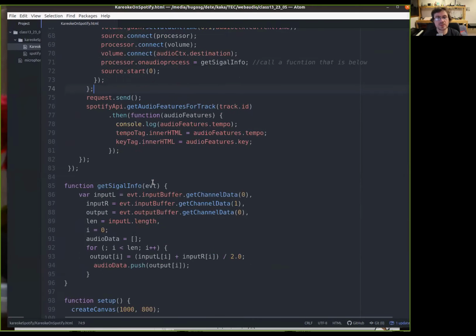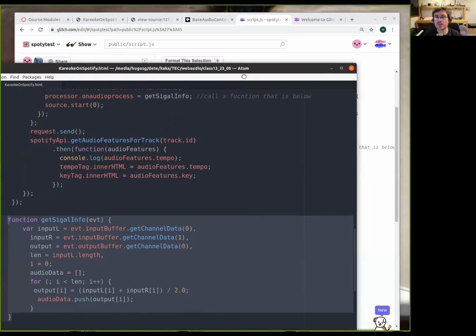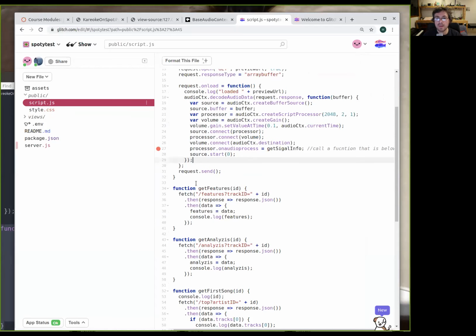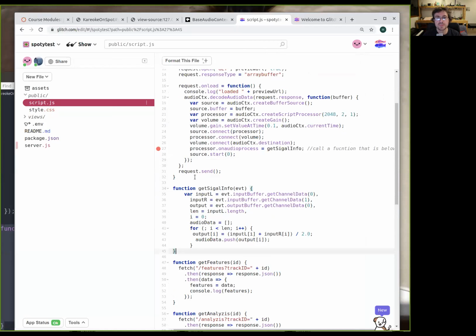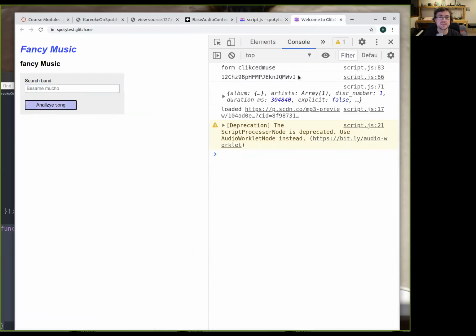So we just have to grab this function from here. Okay, we have the function in some place here. Oh, and then just forget about this one for a second because this was for something else. Okay. And then if everything is fine, now if we run this,